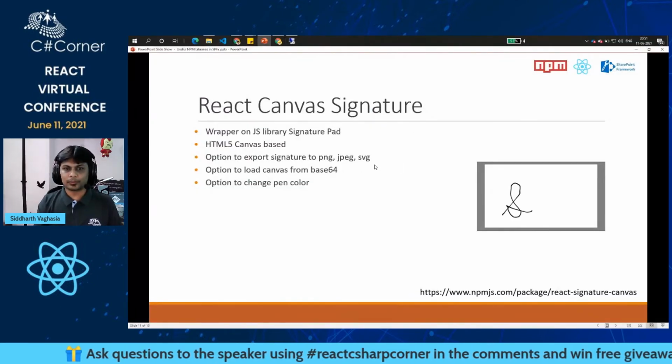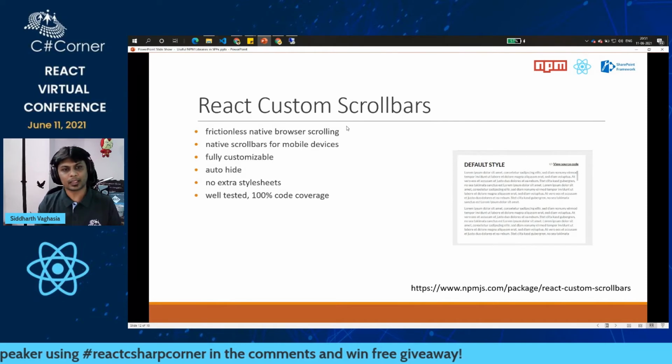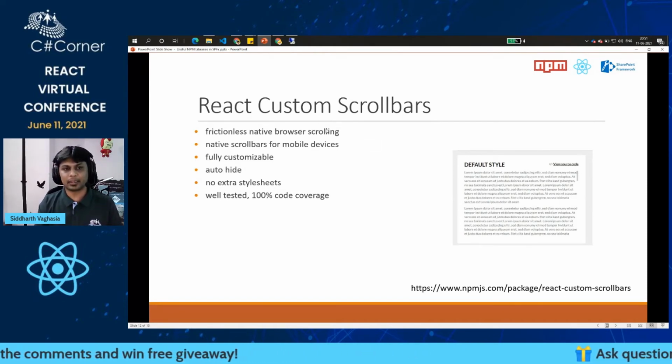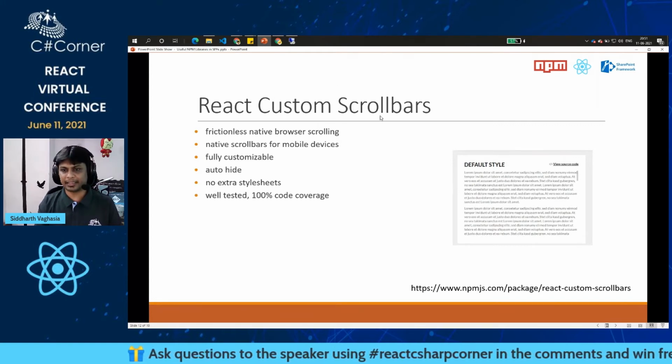Okay, so moving on, the third one, custom scroll bar. Why is this important? Nowadays every website would have a landing page, and a single page application will have too many contents.